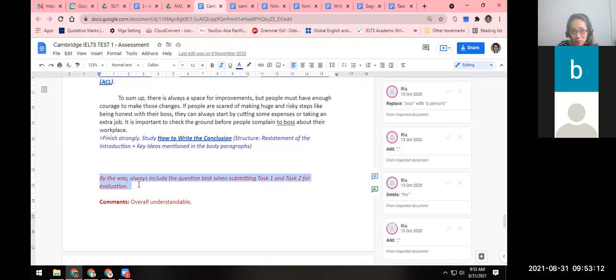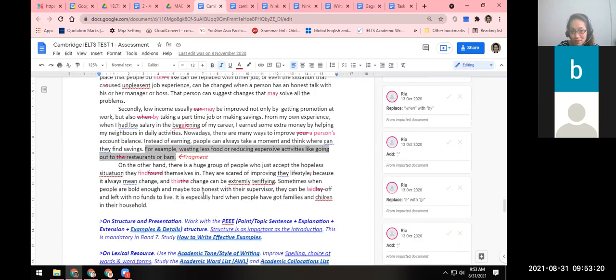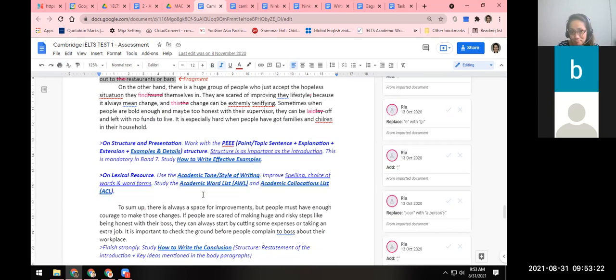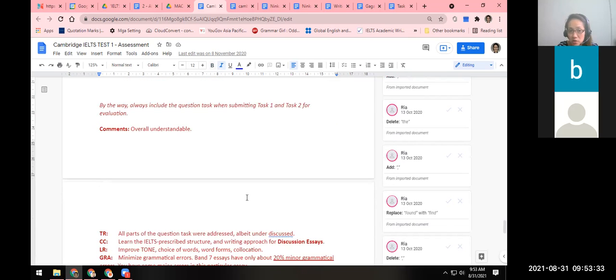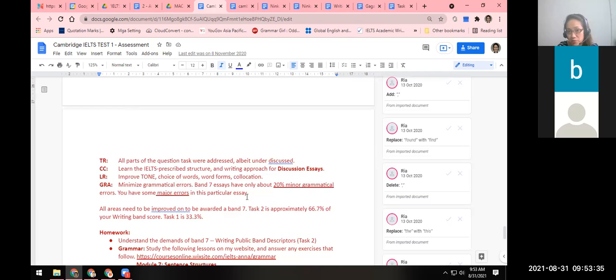By the way, always include the question task when submitting task 1 and task 2. So I will also ask you to do the same. IELTS is a highly structured test. So you have to understand the structure and follow the structures prescribed. You cannot write the way that you're